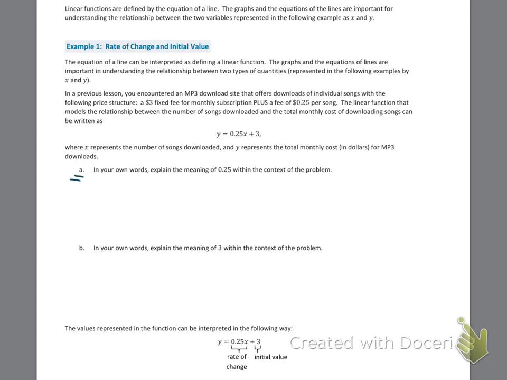Okay, so for part A, explain the meaning of the 25 hundredths, that number, within the context of the problem. You might have said something to the effect of there's a 25 cents per song fee, okay, which is fine. That is the meaning of that in the context of the problem. But we want to get used to talking about the variables in the context. So a more complete answer would be that the value